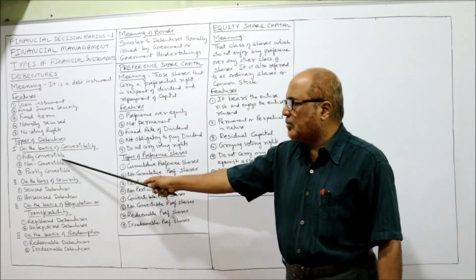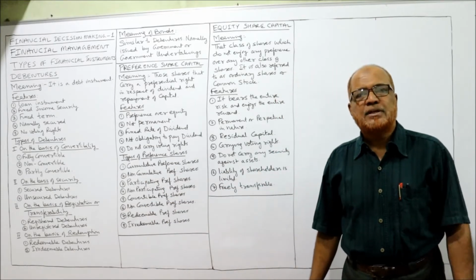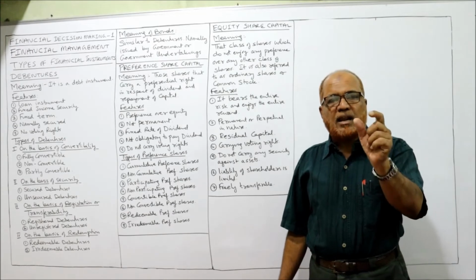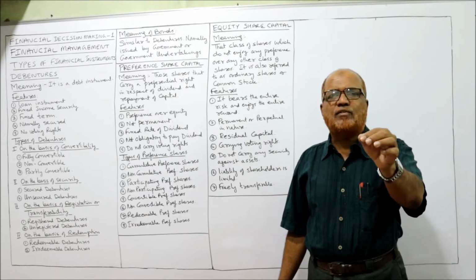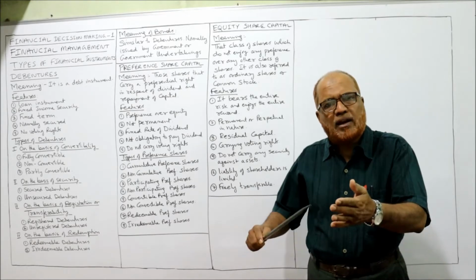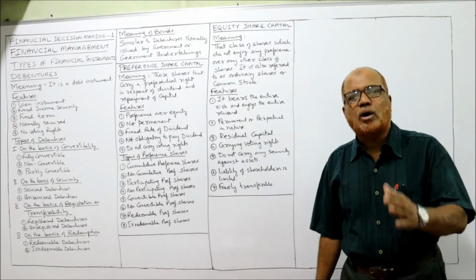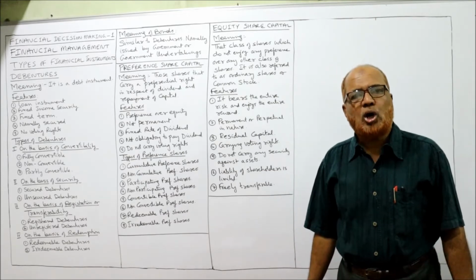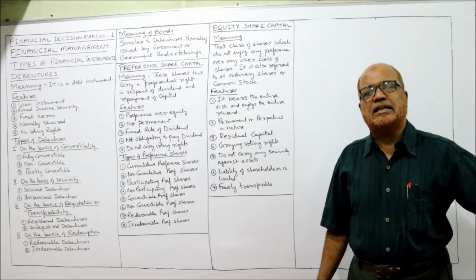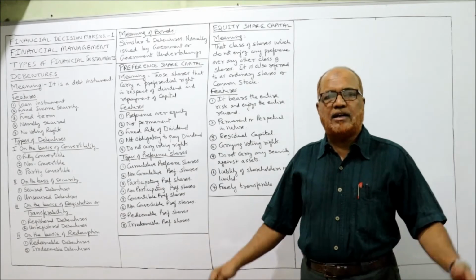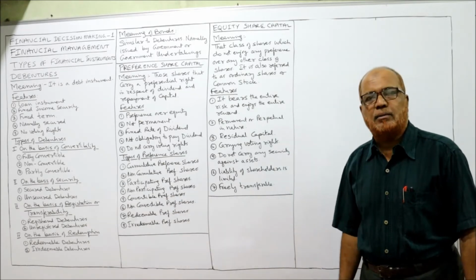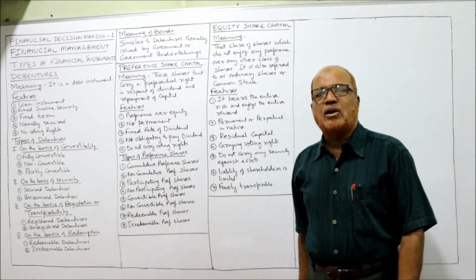It is called non-convertible. Partly convertible: sometimes a company will issue debentures in which the right is given that only 50% of your debentures can be converted into equity shares. The remaining 50% will remain as debentures. This is called partly convertible, partly non-convertible. So in this way, on the basis of convertibility, debentures can be classified into fully convertible, non-convertible, or partly convertible debentures. Similarly, on the basis of security,